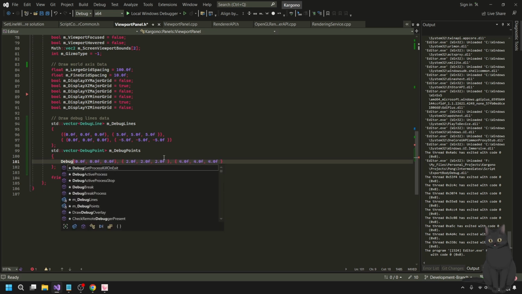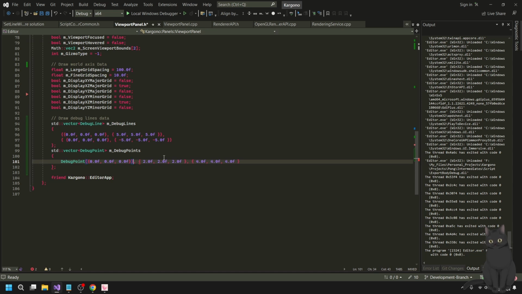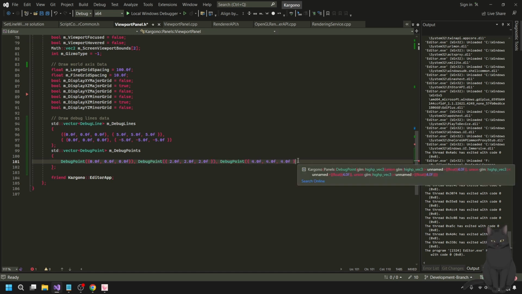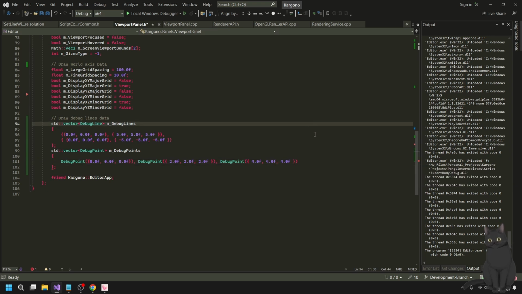How about debug points? You had to be like super explicit with it to get it to work. Oh, I guess so. All right, sure. All right.